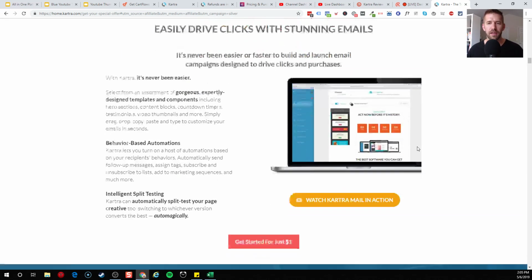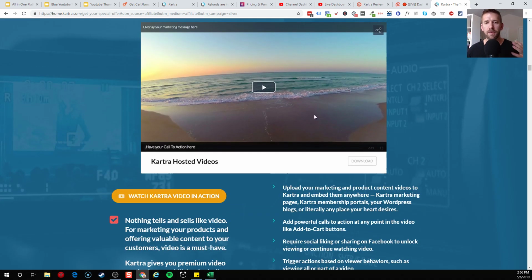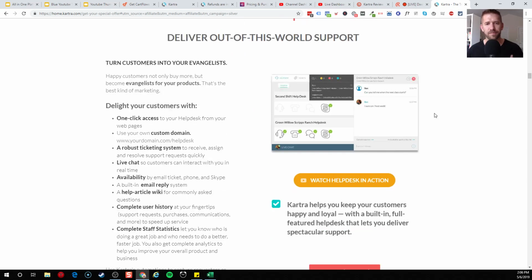Email automation, mail. There has been some feedback on Kartra that they nickel and dime you because there's a limit on how many emails you can send in a month. And while there's some credibility to that, I don't think they need to charge for additional emails. There's a very easy workaround. It's not a workaround. You just integrate with an Elastic Email or one of the services that allows you additional bandwidth. It's super cheap to do, and it totally eliminates any fear of you going over limits with your email sending. Video hosting we'll talk about a little bit later on.